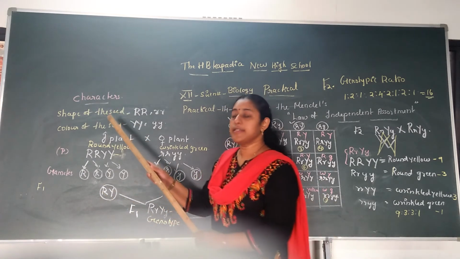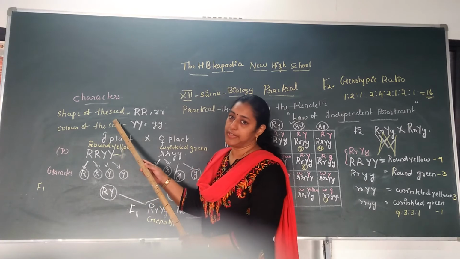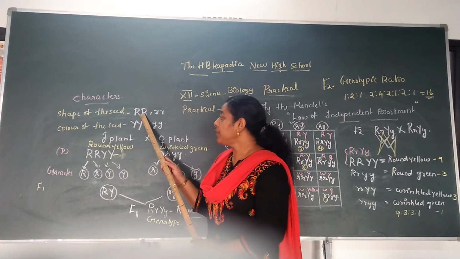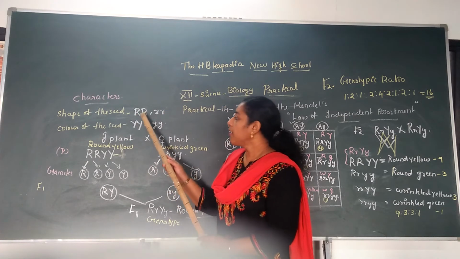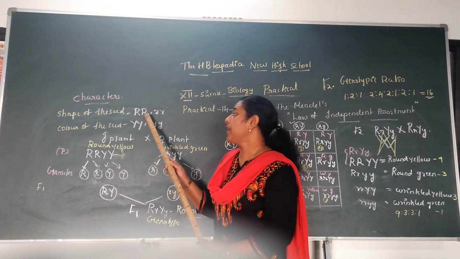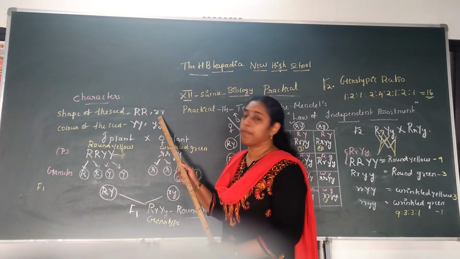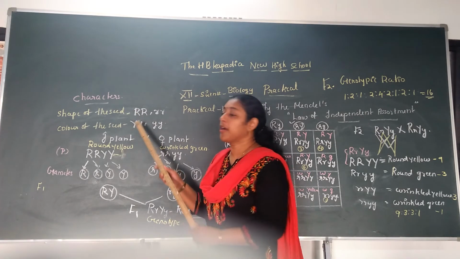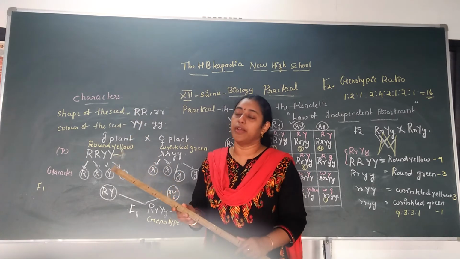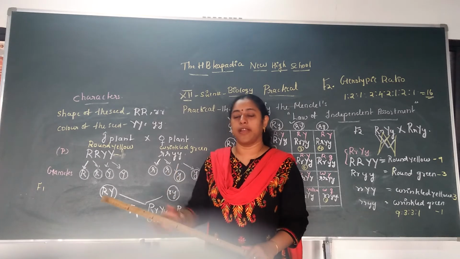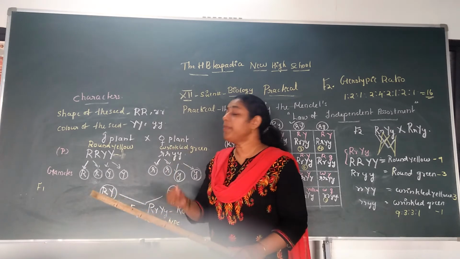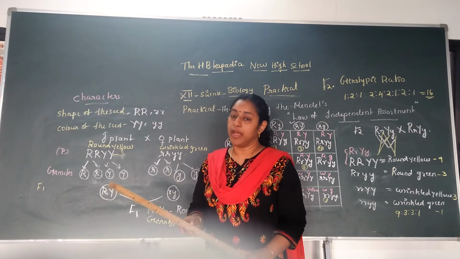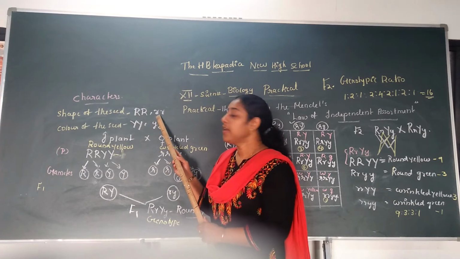The first character we have selected is the shape of the seed. I told you that for the shape of the seed there are two types, round seed and wrinkled seed. Round seed is represented as capital R, capital R. Wrinkled seed is represented as small r, small r. Why capital R? Because, as I already told you, round seed is a dominant character. The letter of the dominant character is always represented in capital, and that of the recessive character is represented